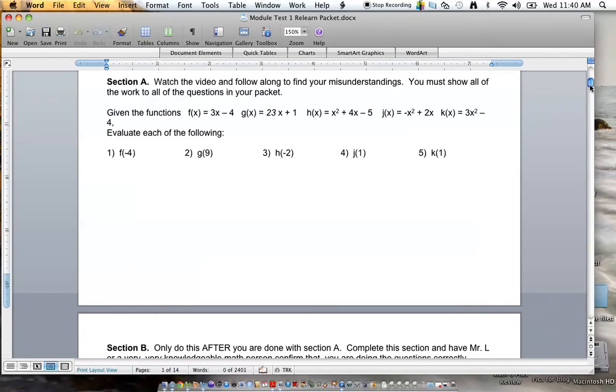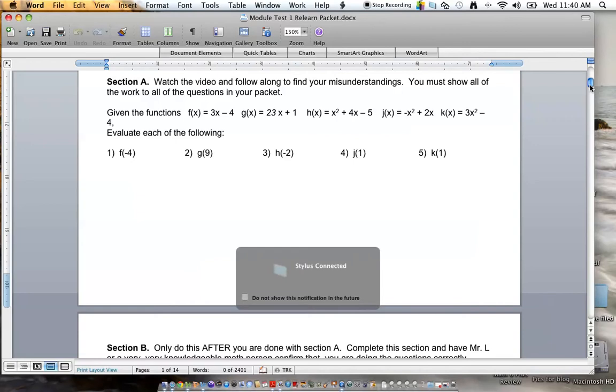Now, if you need to do three parts, you can watch all the videos for the three parts, watch all the section A's, and take notes while you're watching section A's. Then do all the section B's, show me all the section B's, and then go do all the section C's. Once you're done with all of the parts of the Relearn packet you need to get done, you're then ready to take a retest. Okay? So, without any further ado,